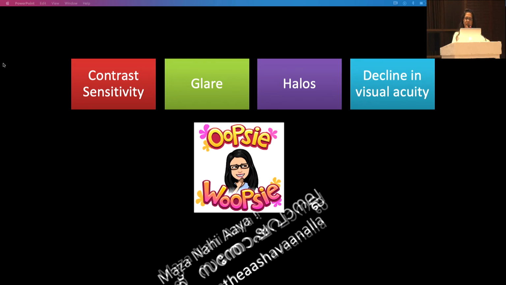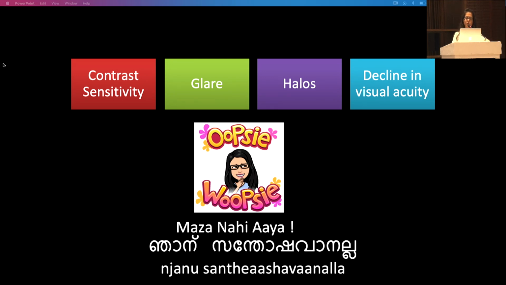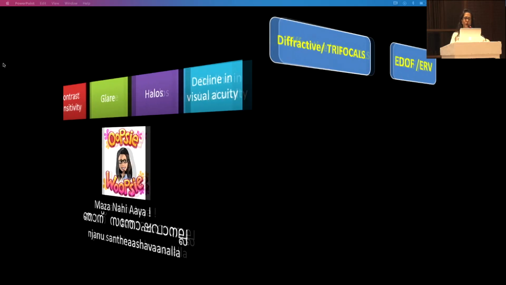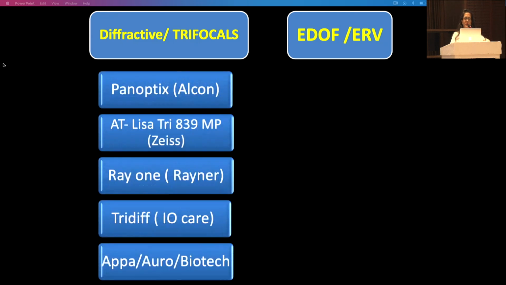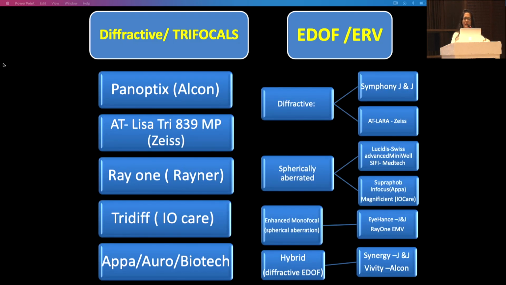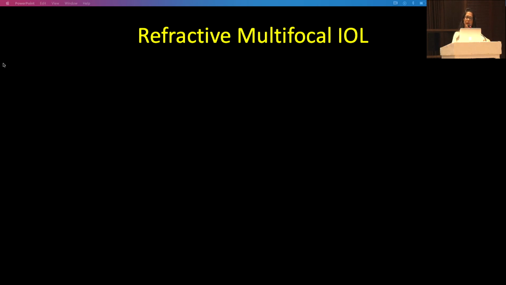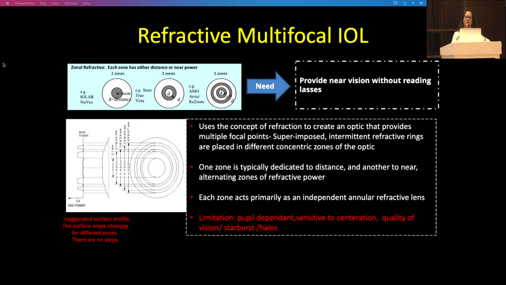And that is the aim, to give you the choices where you do not end up spending so much time and energy, and your patient is spending that cost and still saying that it's not so good, doctor. So what are the choices? There are quite a few choices out there. And how do you select which kind of presbyopic lens would work best for your patient is what we are going to take up. But before that, in choices of IOL, we've come a long way since we started with